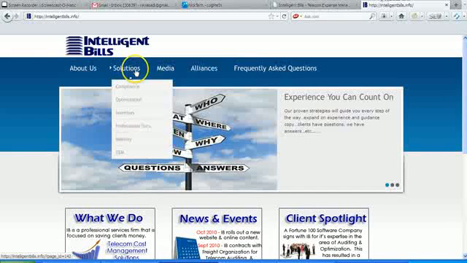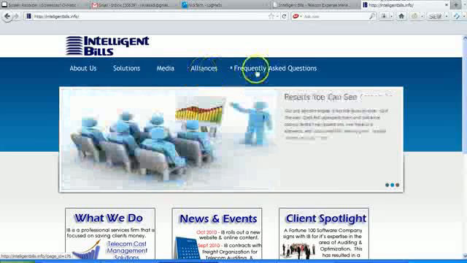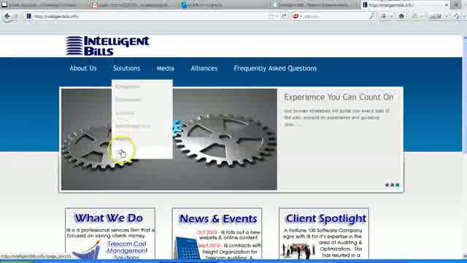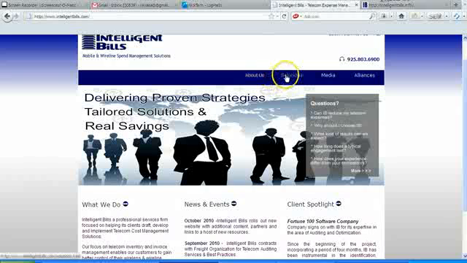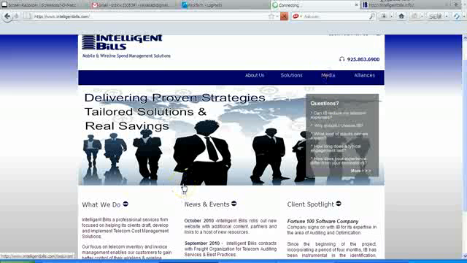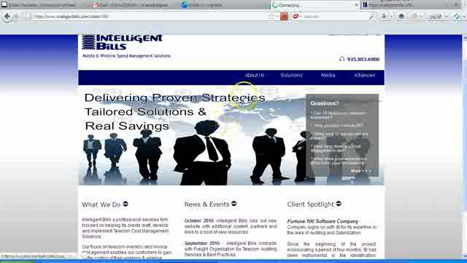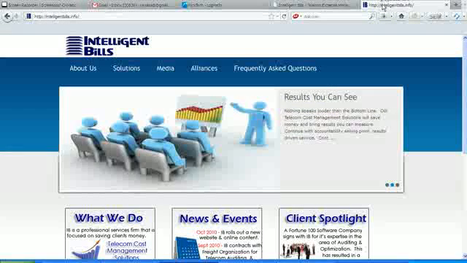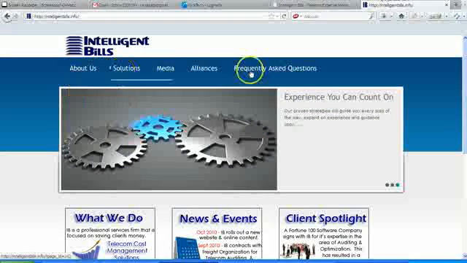Now your navigation, if you scroll over each of the parent categories, you actually will go to each of the subcategories. If you'd like, you can simply just click on it. Whereas on your old website, if we wanted to get to the press release page, number one, we had to know that there's a press release page or we wouldn't even know to go to it. And number two, we'd have to be instructed to go to media first. Excuse the fact that it's a little slow, it's because I'm recording at the same time. But on your current website, we have to go to media first in order to get to the press release page, whereas on the new website, you can just scroll over all the parent categories and you'll see what all the